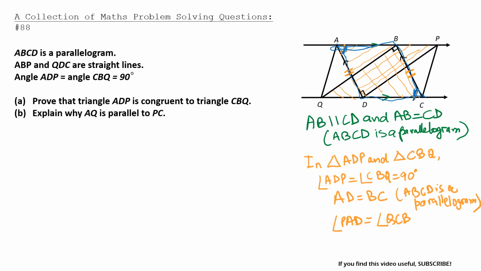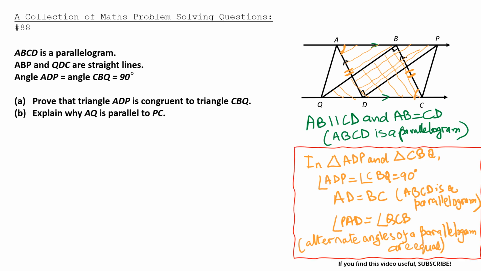So this is a parallelogram, and so PAD equals QCB. So two angles and one side equal. So that's good enough to say that our congruency is done. And what that means is